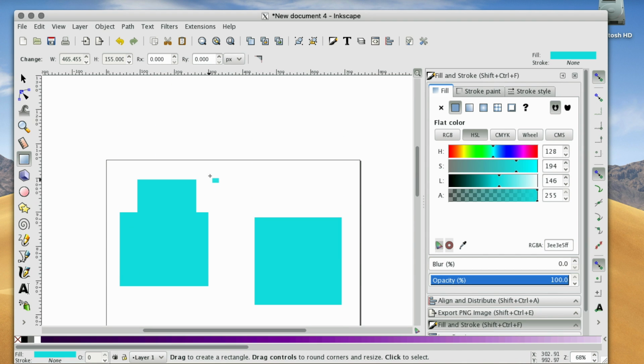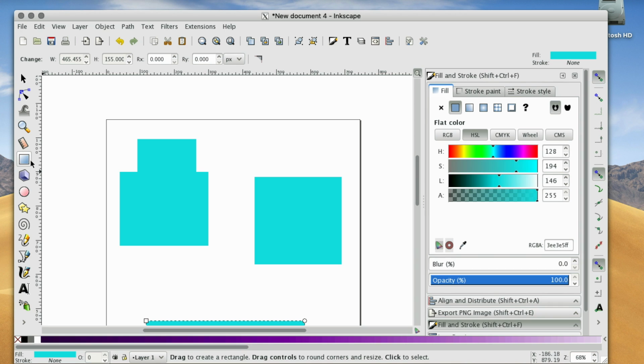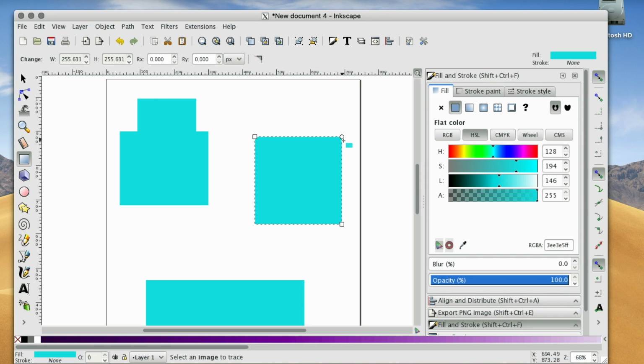So the next thing you can do that's pretty nifty, if you stay in the square tool and you click an existing square or rectangle, you'll notice that there's an endpoint here. There's these little square endpoints, and that's for adjusting the size. But then you have this little circle here, and what that does is it actually makes rounded corners on the